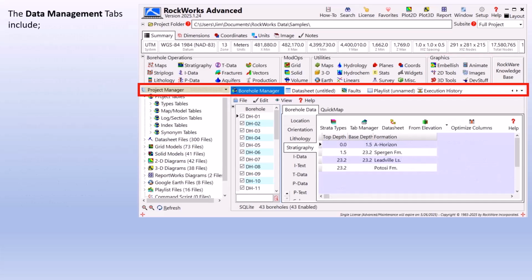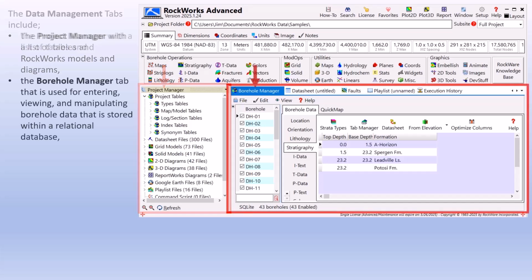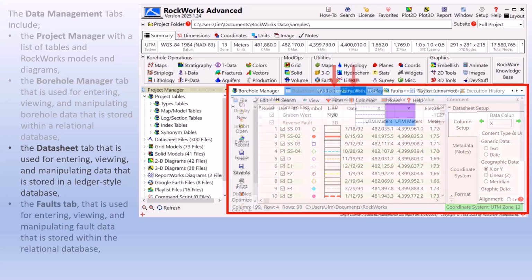The data management tabs include the Project Manager with a list of tables and RockWorks models and diagrams, the Borehole Manager tab that is used for entering, viewing, and manipulating borehole data that is stored within a relational database, the Datasheet tab that is used for entering, viewing, and manipulating data that is stored in a ledger-style database, the Faults